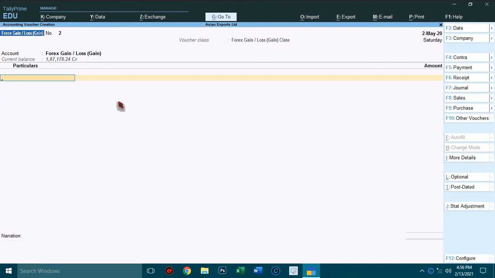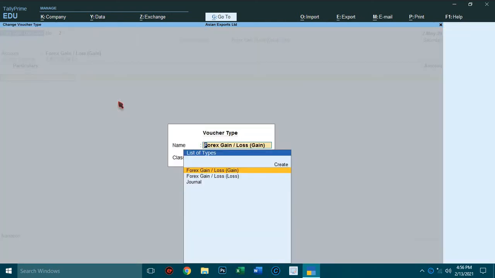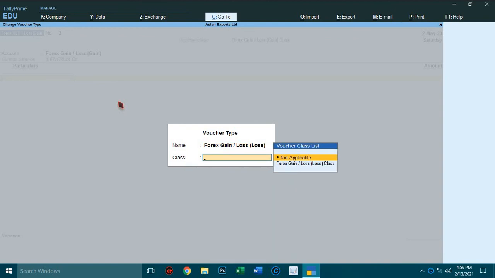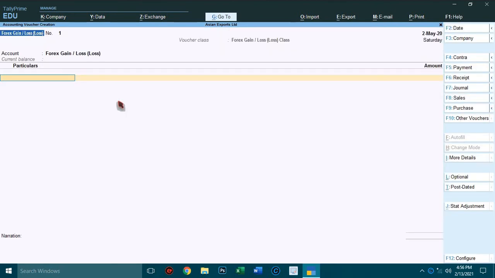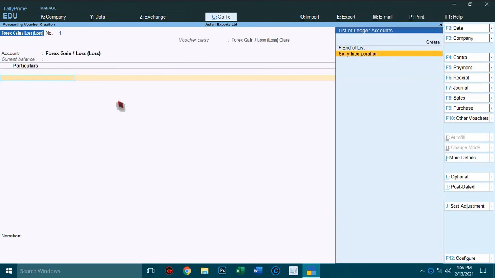And press F7, select forex gain or loss loss, and select forex gain or loss loss class. So select Sony Incorporation.